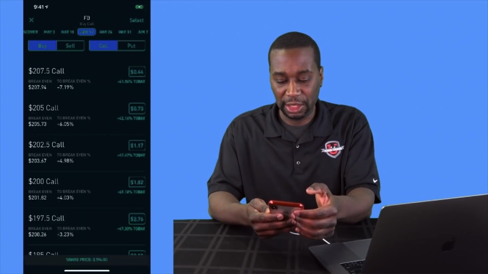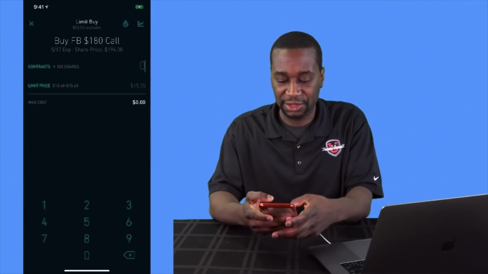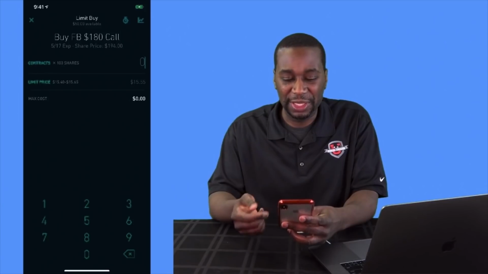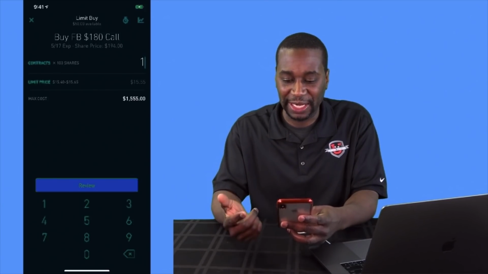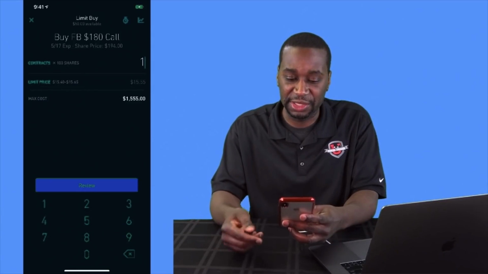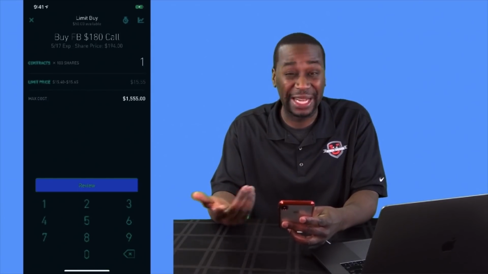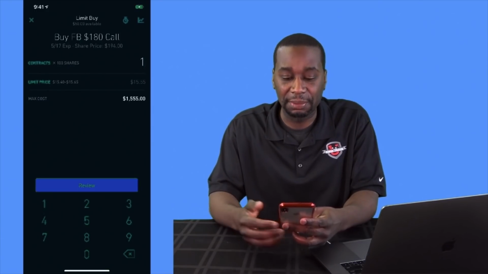Now, let's just say we go with the 180 strike price call option. One thing that the app does that's pretty cool is it lets you know that an option controls 100 shares. So if I wanted to buy one contract, it would control 100 shares. And so that's how they come up with the price. If that option contract is $15.55, well, you times it by 100 and then you get your max cost, which is